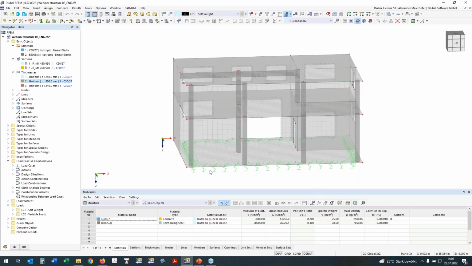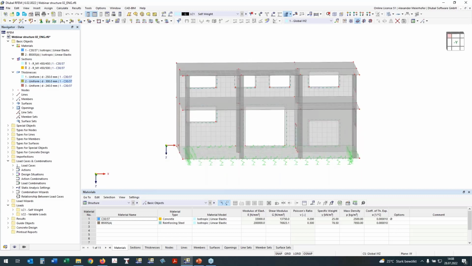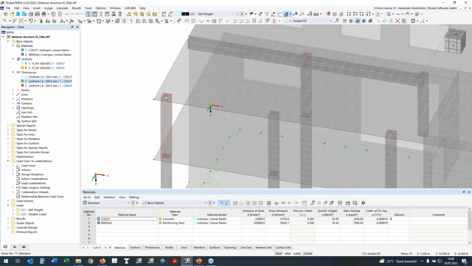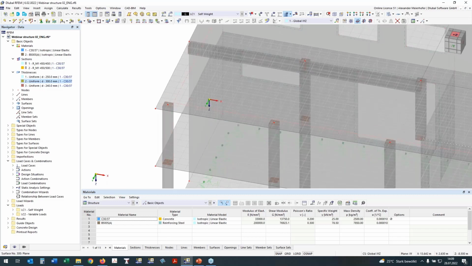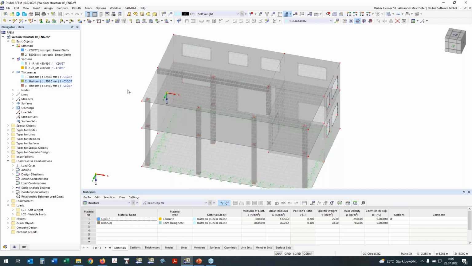The building now has elastic springs, so elastic support, and this will also influence the settings later for the deflection design, which I will show you. At first, I want to deal with the nodes where we have the connection between the columns and the slab. Here we should place mesh refinements to have a better